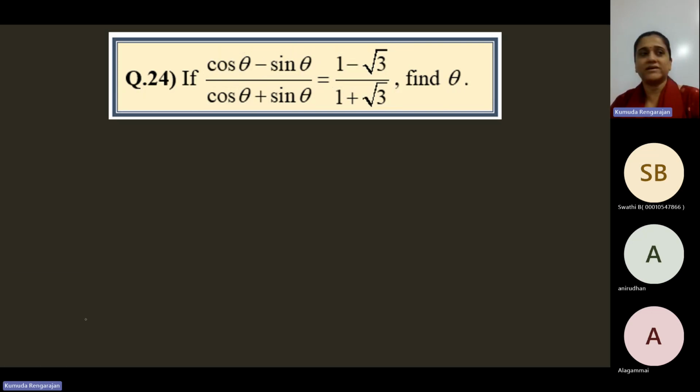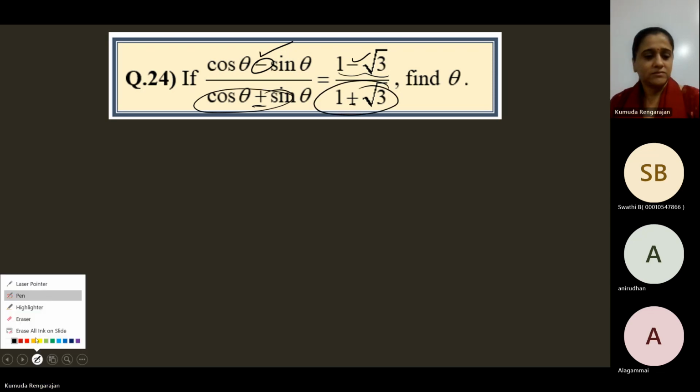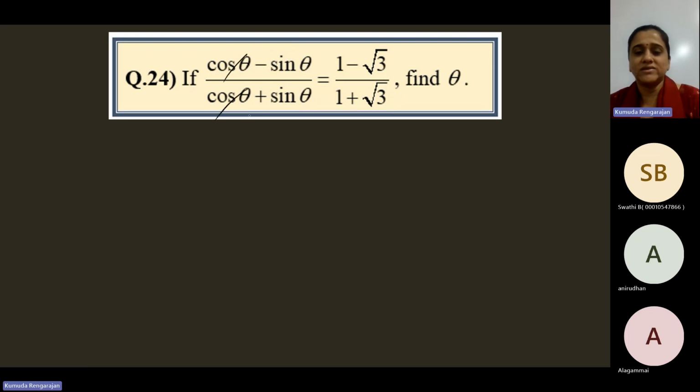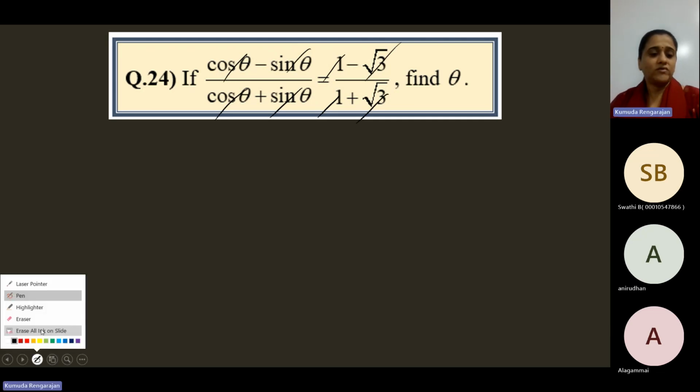In every aspect, like in the numerator, there are 2 terms with a minus sign. Here also 2 terms with a minus sign. Here 2 terms with a plus sign. Here also 2 terms with a plus sign. Correct? And this one and this one, they are the same. Here also this and this are the same. Here this and this are the same. So what we do,